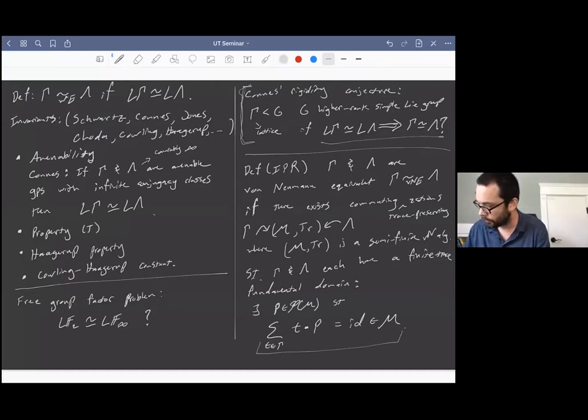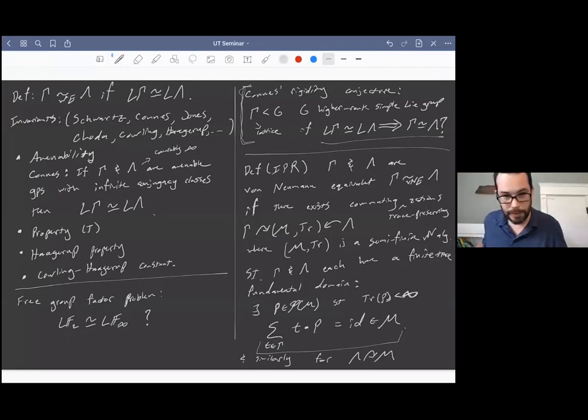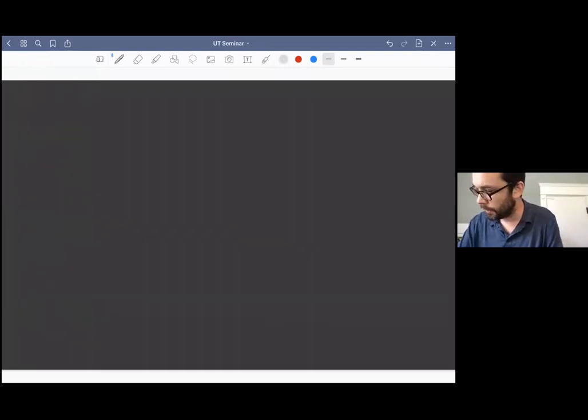And then again, similarly, for the Lambda action on M, we want another fundamental domain there. And we want this, of course, to be a finite trace fundamental domain. So that's the definition. Any questions about the definition? I take from your silence that everybody's very happy with the definition, or at least everyone has fallen asleep. It's hard to tell when you give a Zoom talk. Okay, so let me move on and give you some examples.